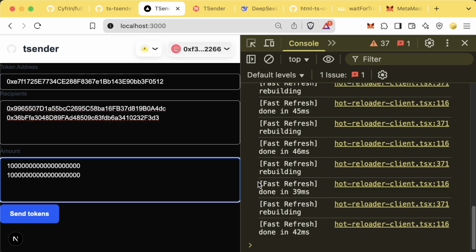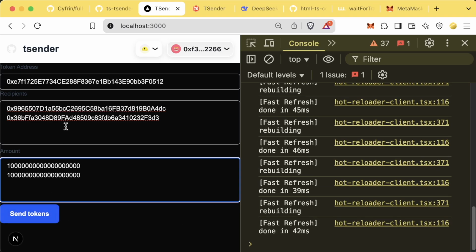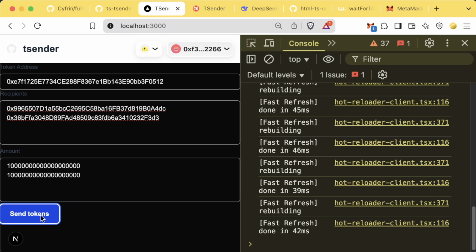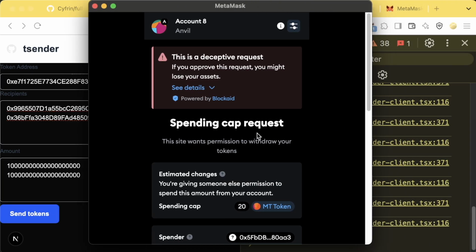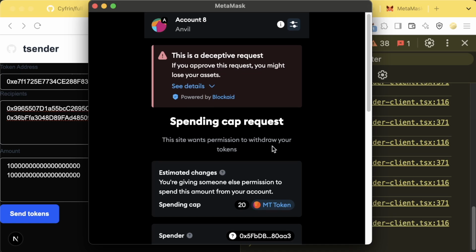That's great. So let's call it with 2 recipients and 2 amounts. Let's call send tokens. Okay, great. The first thing we're getting is an approval request. This is actually what we want. This is good. And again, Blockade is telling us this is potentially malicious, but we're on a local network, so